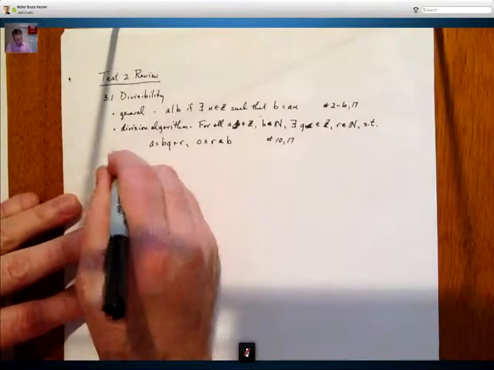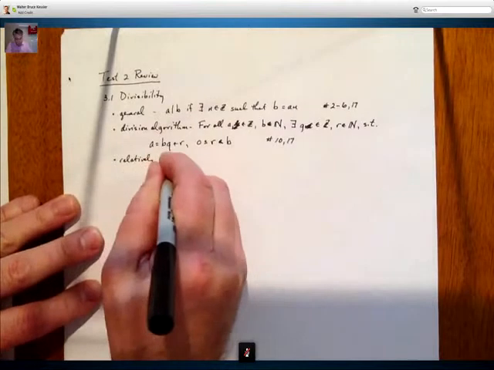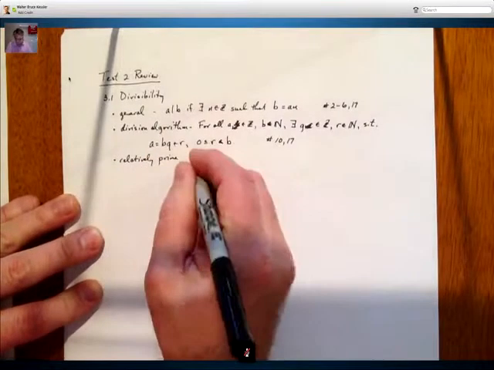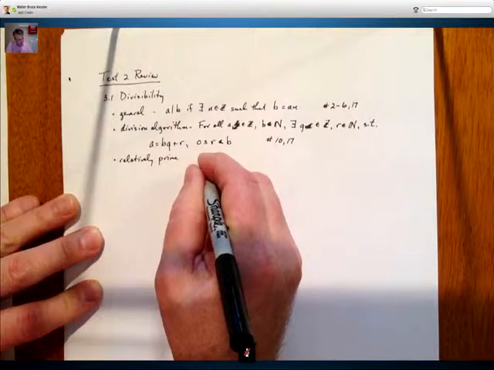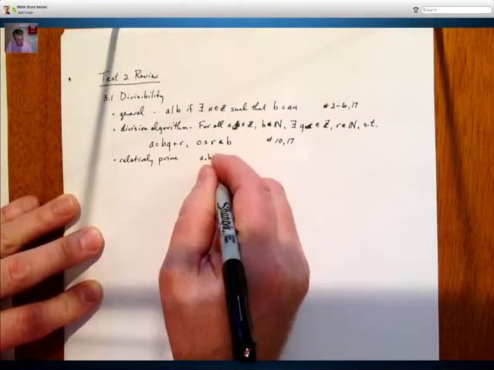We also in this section introduced relatively prime, which simply means A and B